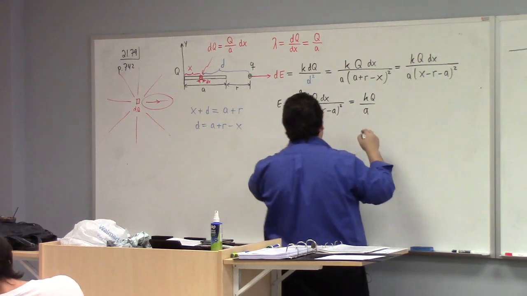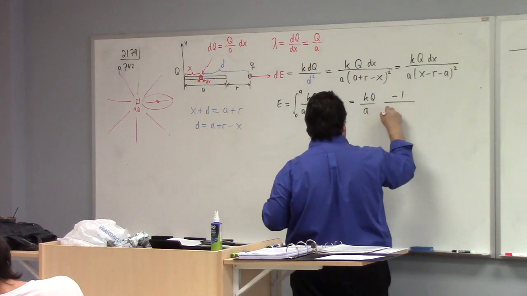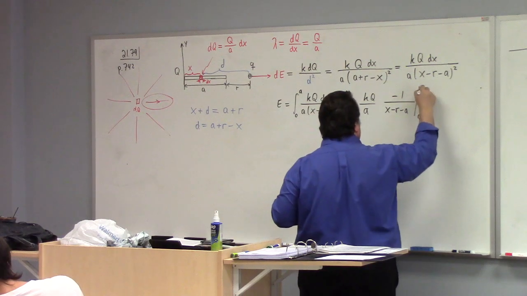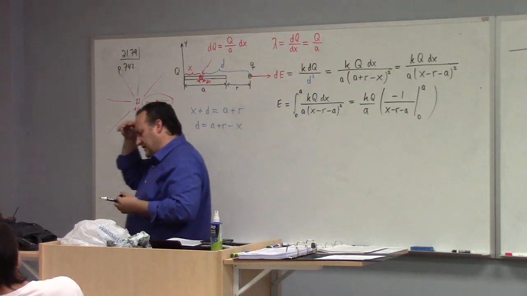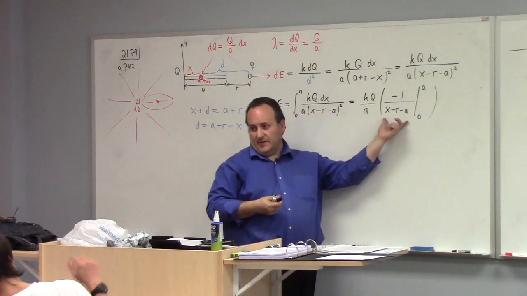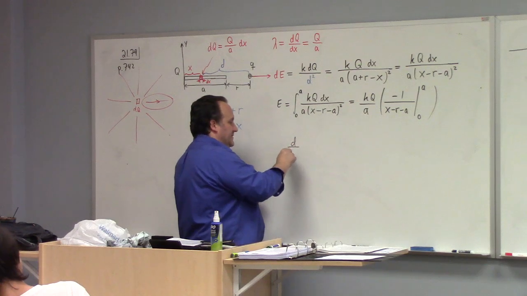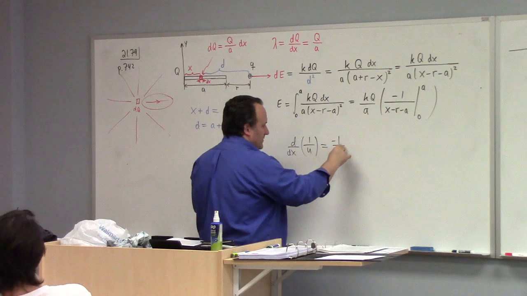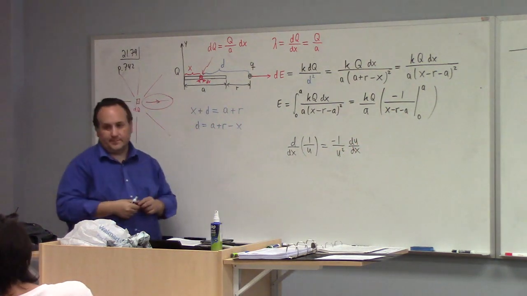And we're just left with the reciprocal, the square function. That integrates to minus 1 over x minus r minus a. You evaluate that sucker from 0 to a, I believe. Now you can test me, am I right? If we differentiate this, what happens? We've got the reciprocal function, so the derivative with respect to x of 1 over u is equal to minus 1 over u squared times du dx, right? That's the